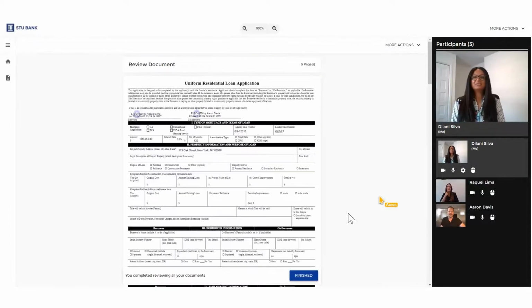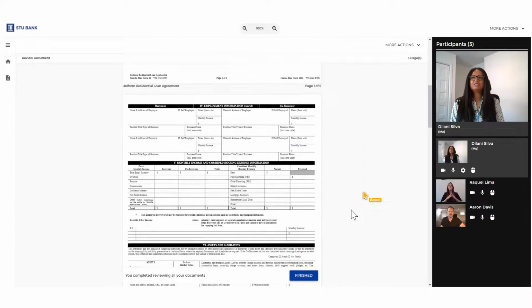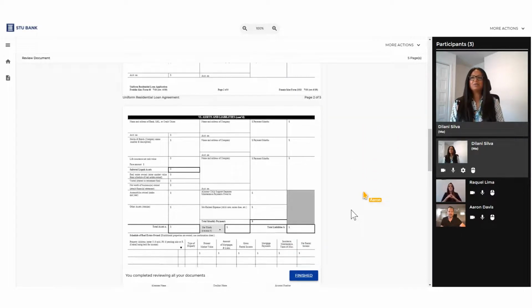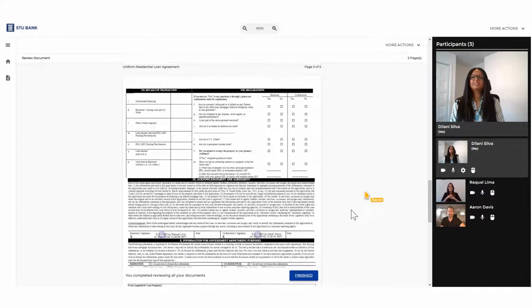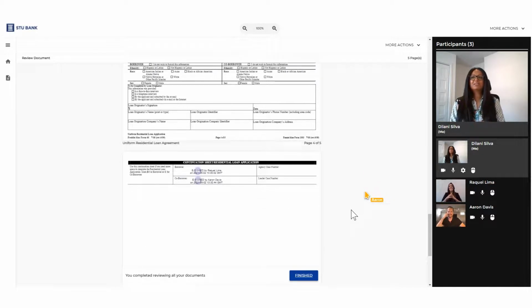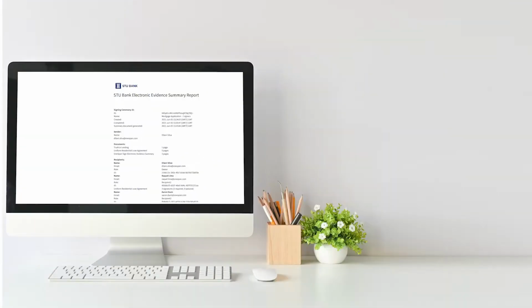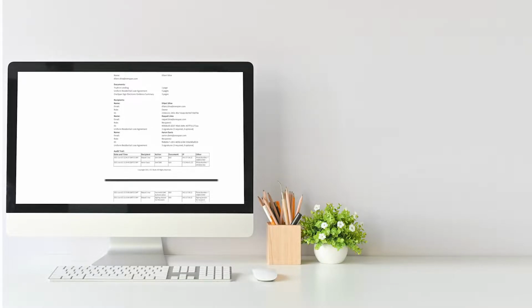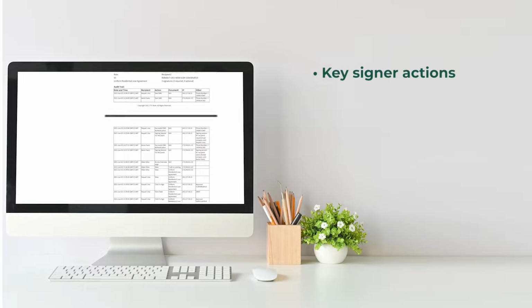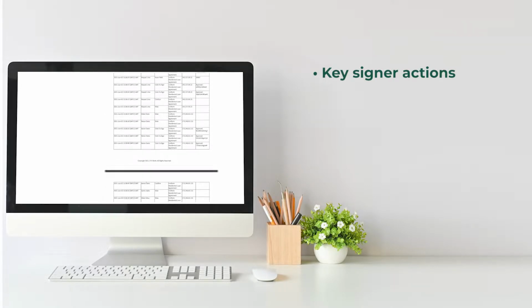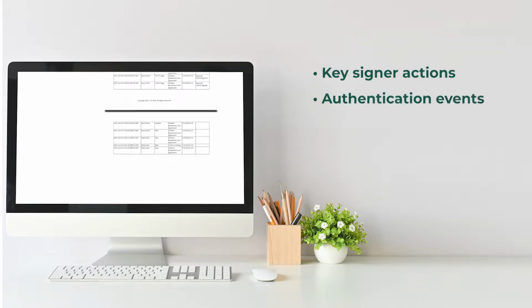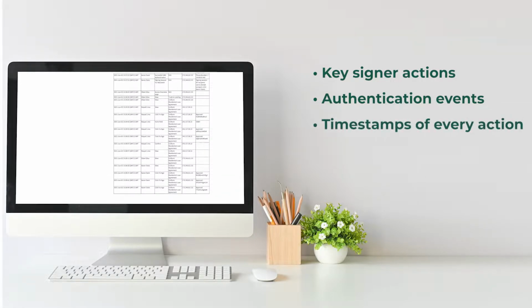And that's it. The signers have successfully completed the mortgage application in a secure, live video conferencing session using OneSpan Sign Virtual Room. The evidence summary report captures all actions taken throughout the signing process, including key signer actions like adding an attachment to the workflow, approvals, and signing events, authentication events, timestamps of every action taken in the signing session, signer IP